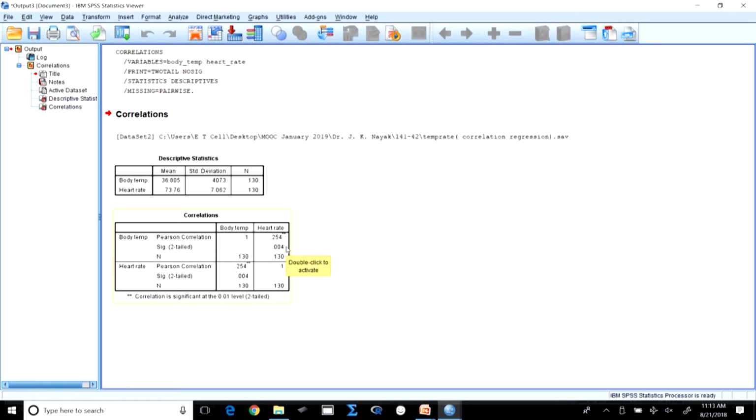In the case of correlation, you should always be able to write the null hypothesis. The null hypothesis is that there is no correlation or no relation between the variables. This null hypothesis has been rejected. So, the alternate hypothesis is that there is a relationship between the variables. Positive or negative, that is separate, but there is a relationship. Now, look at the body temperature mean and standard deviation. If you want to use this data, you can also use this. Okay, I think you have understood this example.